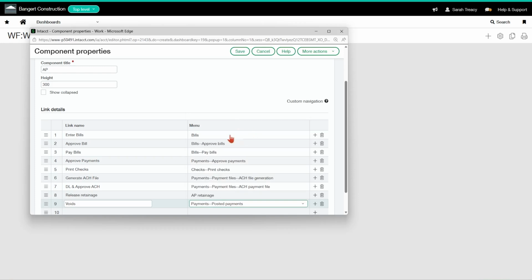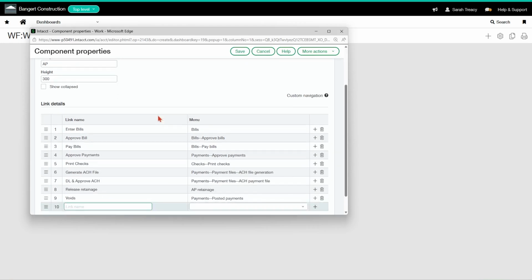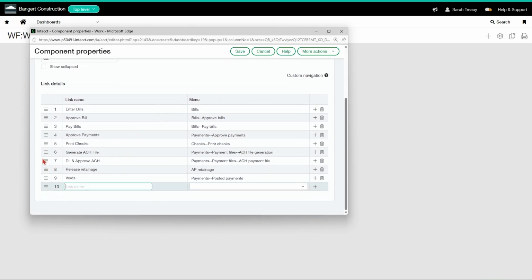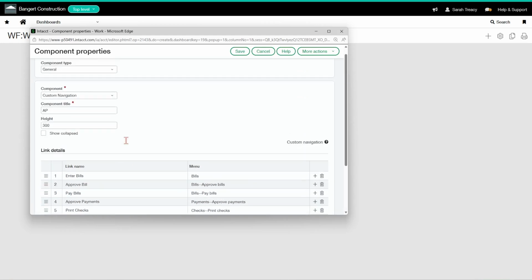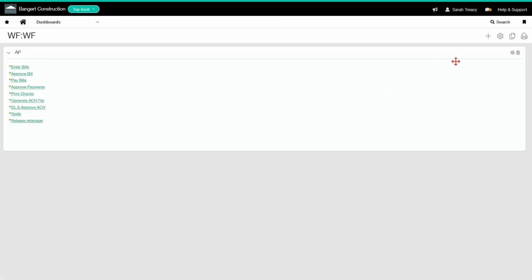So once I have the links, like the names and the actual links on the menu for where I need to get to, I'm going to save that. Obviously, you might not need all of these. I don't think there's any one person that's going to need to enter and approve everything. But you also might need to do other ones, like maybe you want to put in a link to adjustments or something like that. That's totally fine. Put that in. And then when you're happy with it, you can save it. You can also move these around in whatever order you like. So put your cursor over to the side here and you can change them around. And then you can save it. And once it's been saved, you can also hit the little gear icon over here to come in and make changes.